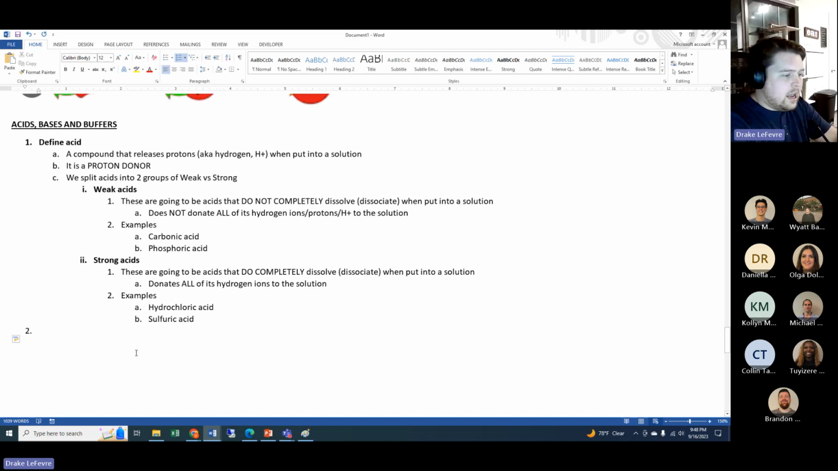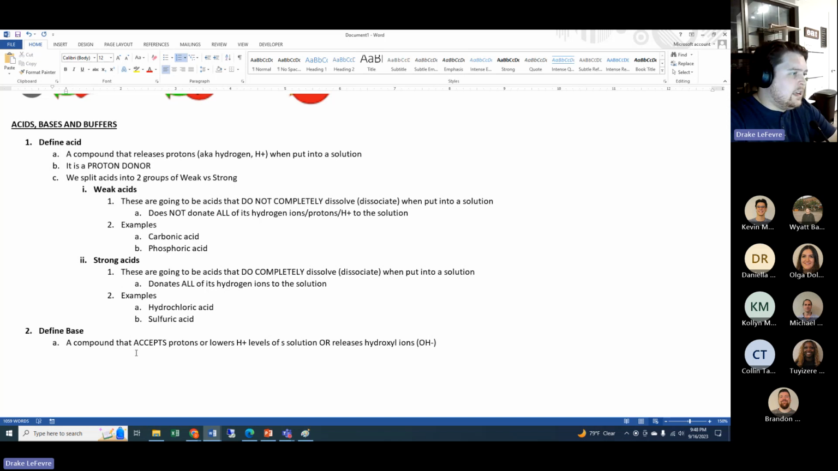Okay. Now, that was acids. So we define now a base. A base is a compound that accepts protons or lowers the hydrogen levels of a solution or releases hydroxyl ions, or these OH ions. So the base definition is a little bit longer in that it can either accept the proton or lower the hydrogen levels,